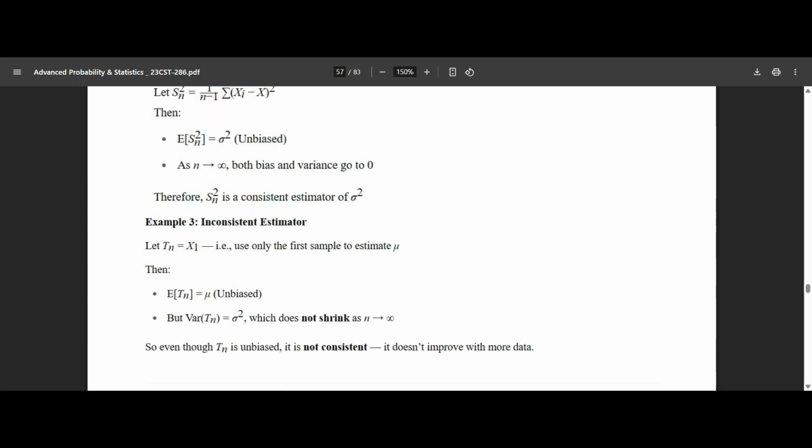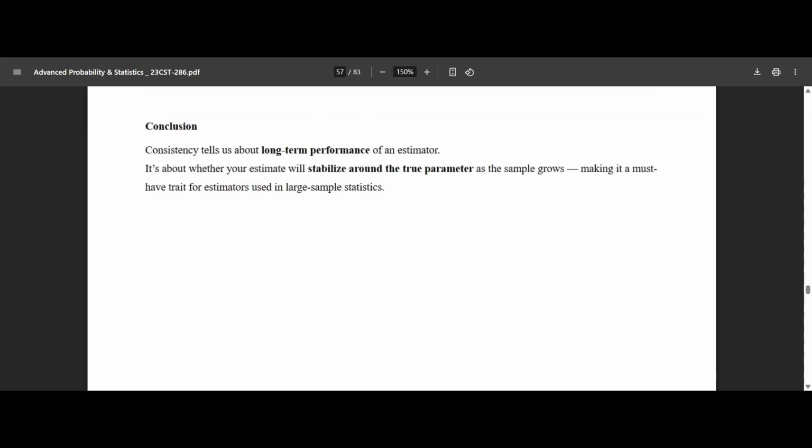Okay, third example is an inconsistent estimator. Let Tn equal X1, that is, only the first sample, to estimate mu. So expectation of Tn is mu, unbiased, it's okay. But variance of Tn is sigma square because it's just one variable, so sigma square by 1 because n equals 1. Now it does not shrink as n tends to infinity because there is no presence of n in the formula. So even though Tn is unbiased, it is not consistent. Is it clear? So conclusion,